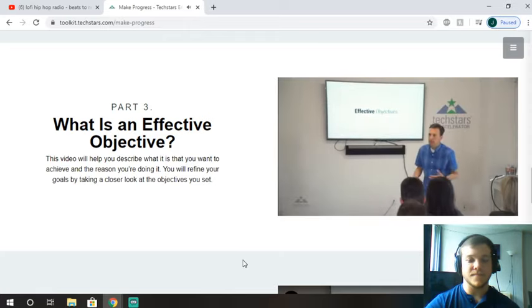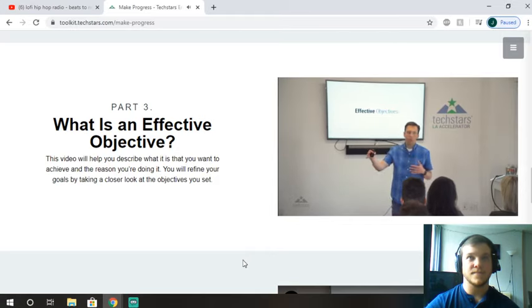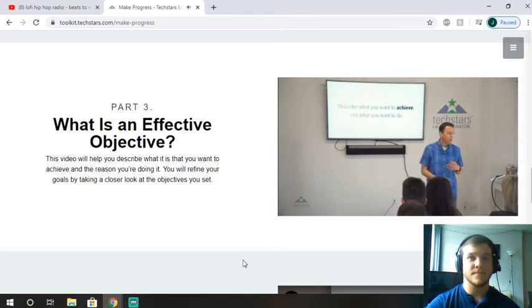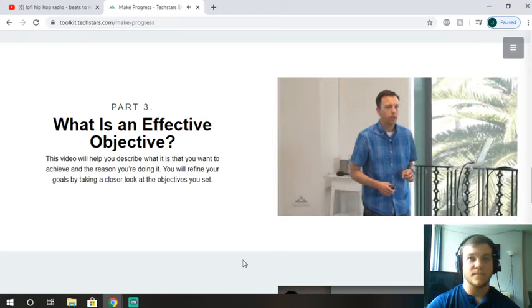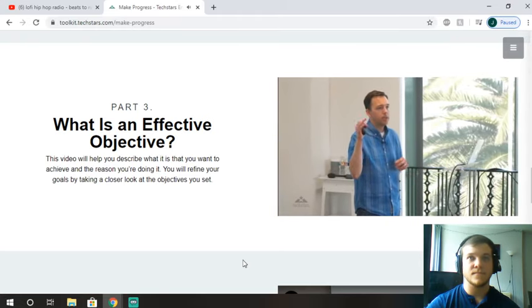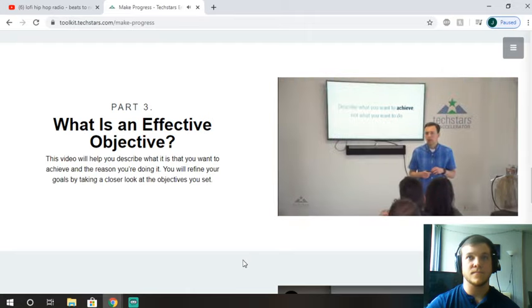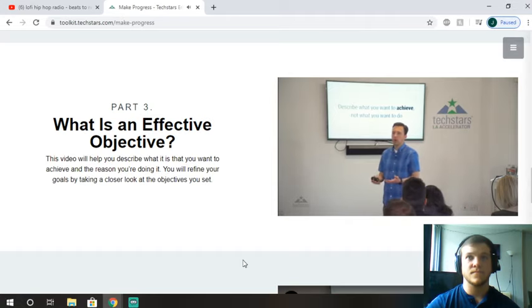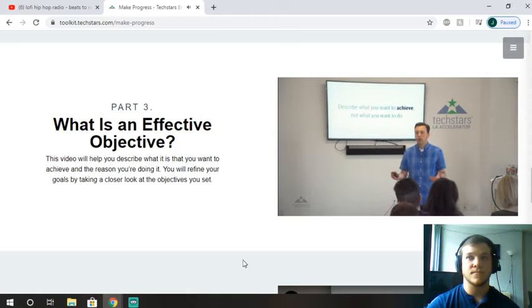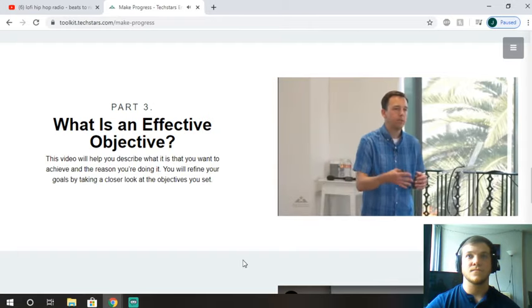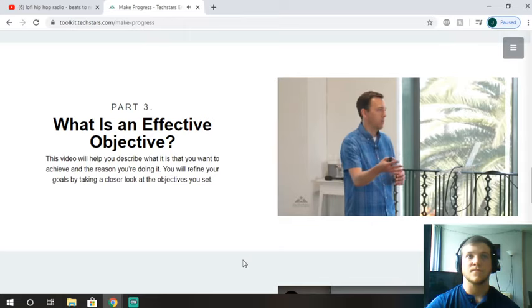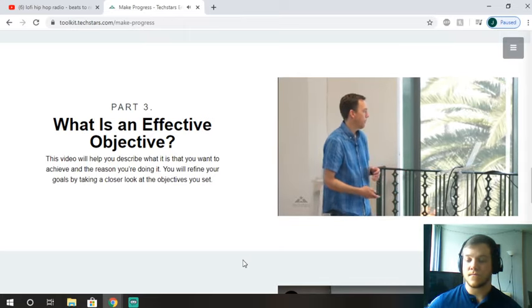So effective objectives, again, remember, this is the mission. This is the statement of go take on this challenge. So they describe what you want to achieve, not what you want to do. So it's very common when you're setting objectives to say, let's ship feature X. But then that begs the question, what is feature X going to do for you? What is the outcome of shipping feature X? Oh, well, shipping feature X should allow us to get 30% more retention through the initial sign-up process. Awesome. That's your mission. Not shipping this thing, not getting it done, but the outcome of shipping it.